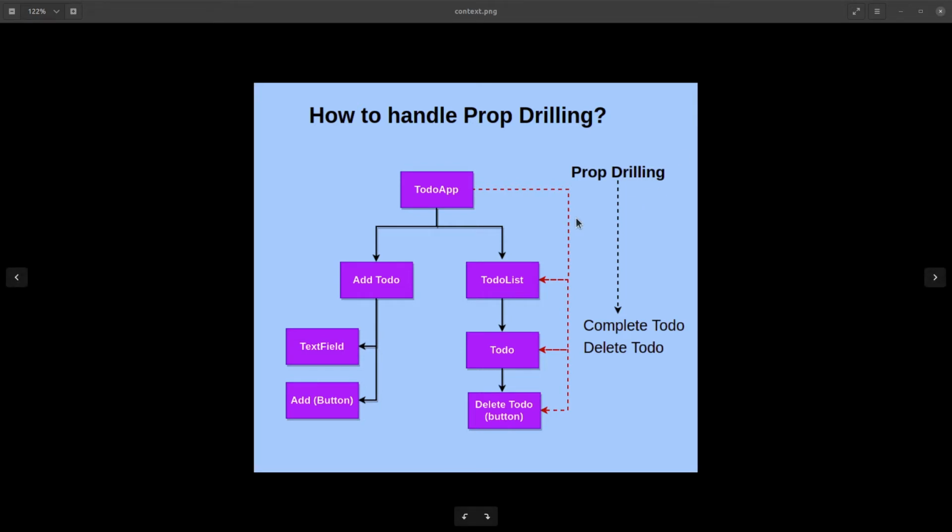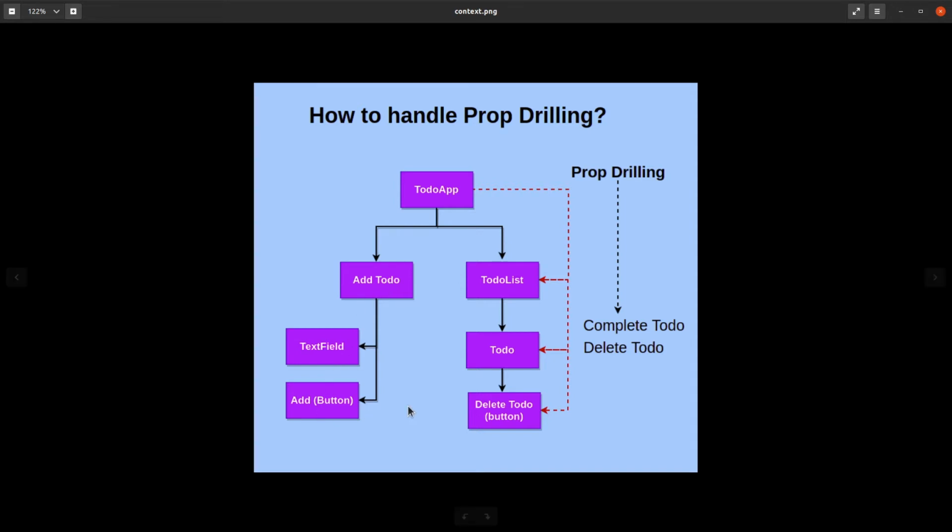So here you can see that I have shared a problem of prop drilling and I am taking the example of a to-do app. This is the same to-do app that I have created recently in one of my previous videos. You can see that in this to-do app there are two components, add to-do and to-do list component. Inside the to-do list component there is a to-do component and then there is delete to-do. Similarly for add to-do there are two components, text field and add.